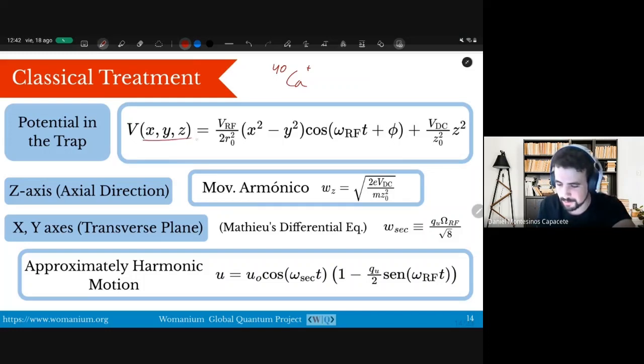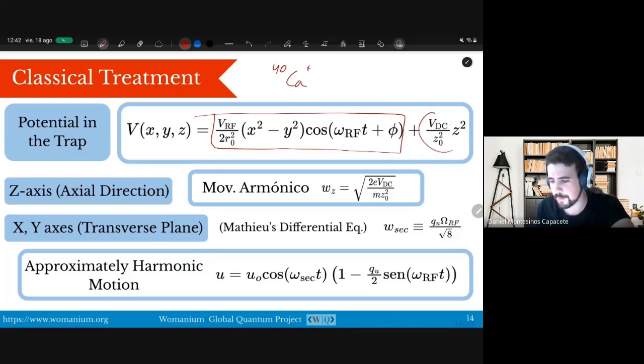So we have a three-dimensional potential in our trap, and the movement in the x and y plane is different from the one in the z direction, because we are applying a different type of potential in these directions, right? But basically, the idea here is that in the z direction, we are going to have a perfectly